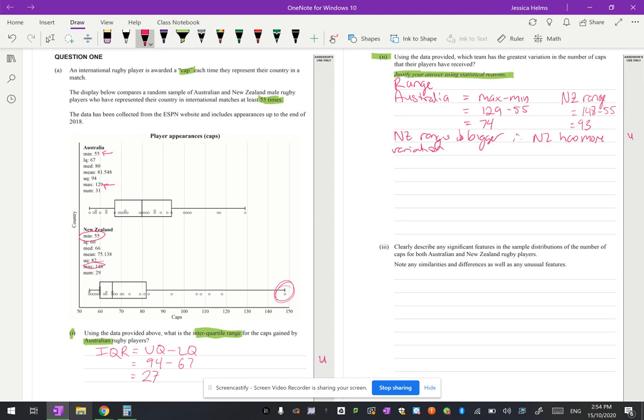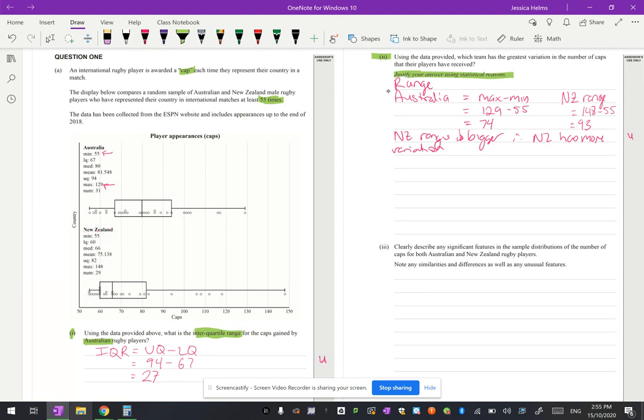Okay, so this outlier in New Zealand, which really pulls that variation for range out, it's the only one that is sitting up there. The next one that we can see is sitting just under 120. And same with Australia, we've got this one that's sitting out there and then these two as well. Whereas the bulk of the data really seems to be sitting down here. The bulk of the data for Australia and New Zealand seems to be sitting down here.